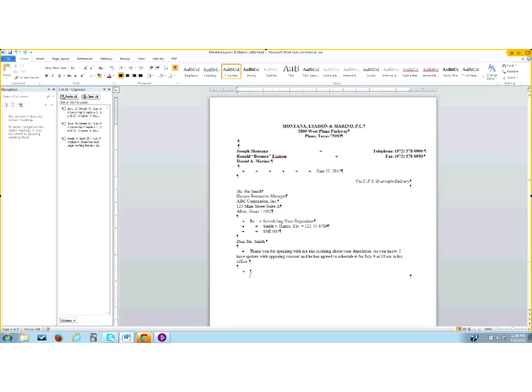Notice that we indent this one again, so it's going to be lining up right below the T in thank you and the R in Ray. We're also going to have a space between. So let's say in this space, if you have any questions, please contact me at